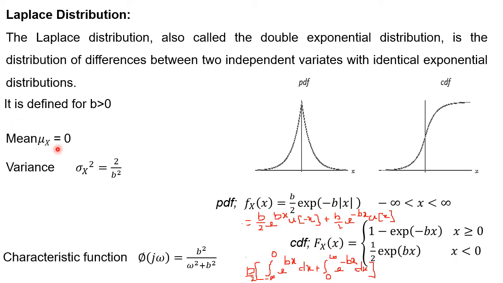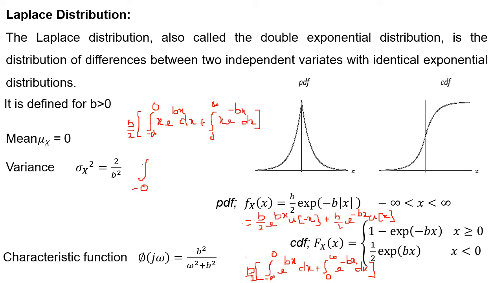Now we can compute the mean. The mean turns out to be 0. The computation of the mean is, once again, b/2 taken out, then the integral from minus infinity to 0 of x e^(bx) dx plus the integral from 0 to infinity of x e^(-bx) dx. When you do this, you will get the answer as 0. Similarly, since mu_x is 0, we can compute